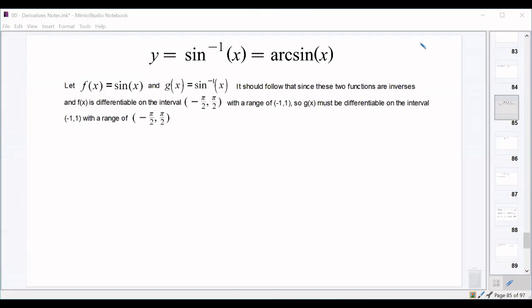In dealing with inverse trig functions, it's important to remember what the domain and range of that inverse trig function are and how they can be found by looking at the original function. So if we look at sine x, it looks approximately like that. And if we talk about the inverse function, inverse sine of x, we need to talk about